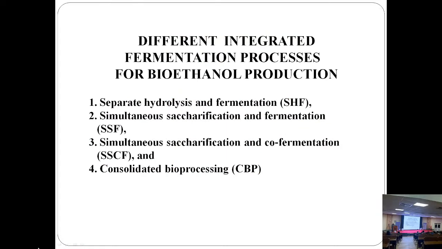These are the steps using biotechnological tools that show how bioethanol is generated. The starting step is hydrolysis, and the hydrolysis product goes for fermentation. The third step is a very important step, producing bioethanol through C6 as well as C5 fermentation. How is this going on? Yes, next slide.